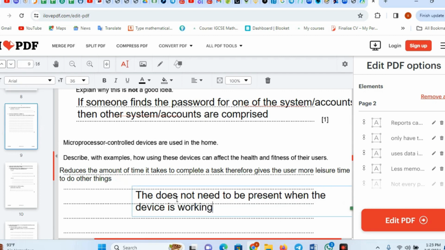And what implication does it have? Therefore, gives the user